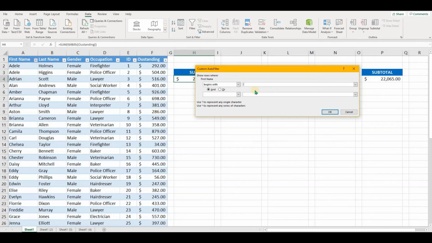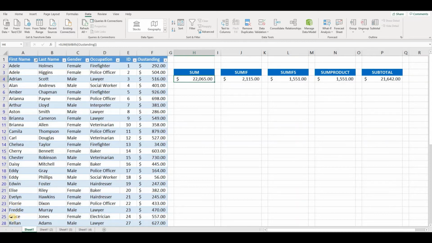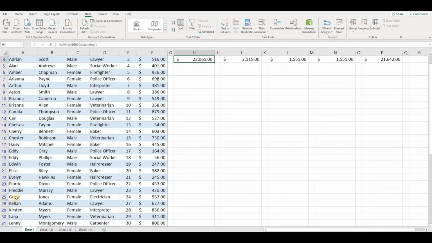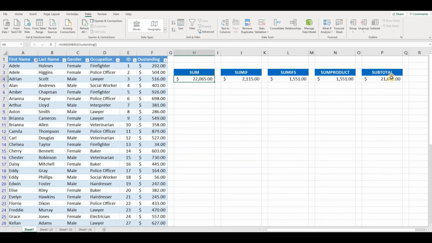So custom auto filters, does not begin with J. Okay. We've just removed all the J names, and you can actually see, because this was in alphabetical order, it goes from F, G, it misses J, goes straight to K. So looks like row 26 and 27 have now been filtered. Whilst that was filtered, the subtotal changed. The sum, however, has remained exactly the same because the sum is looking at every cell in this